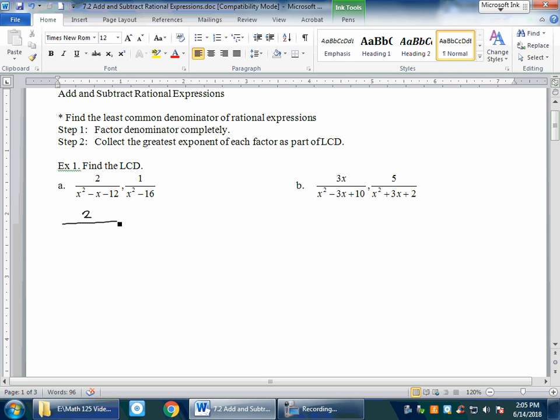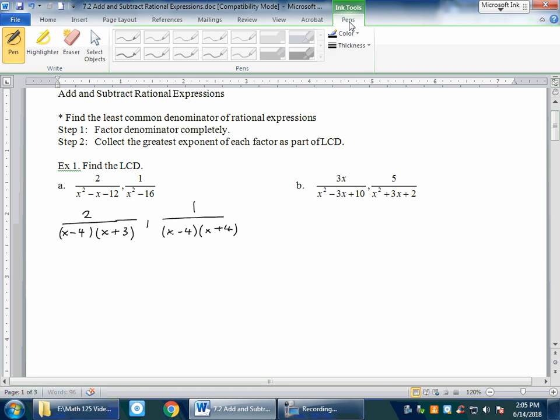factor out the denominator. So for the first fraction, it is x minus 4 and then x plus 3. For the second fraction, that will be x minus 4 and then x plus 4. And then for the LCD part, for least common denominator, we look at each factor and then we're going to have to collect the greatest exponents